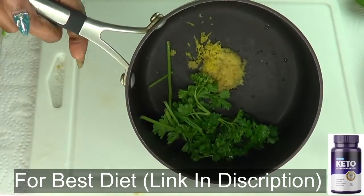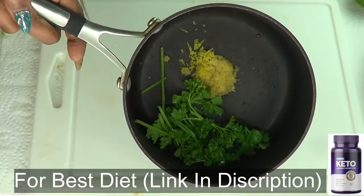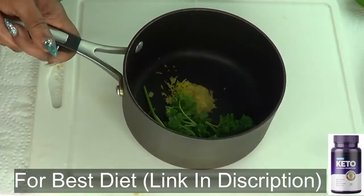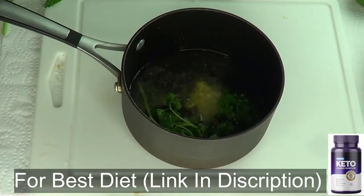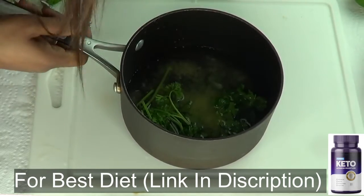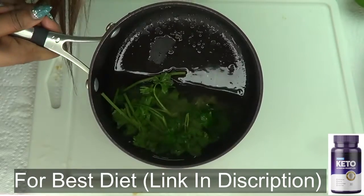So now that we have everything ready, our next step is to add water to this. I'm adding 1.5 cups of water since there's an evaporation process, and this is going to give us at least 1 cup of water after boiling. So here we have in 1 cup, 1.5 cups. Now I'm going to place this on the stove, and once you place this on the stove, you're